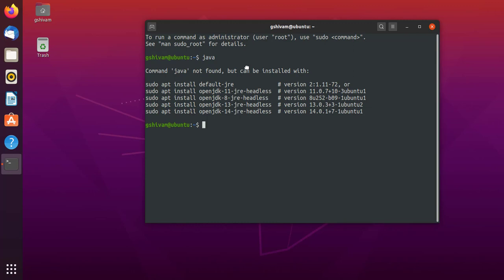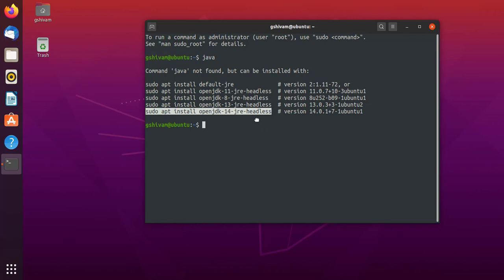Otherwise it will show you the terminal command to install the JDK. Here the java command says that Java is not found but can be installed with the below command. In these commands we are using the very latest one, that is the 14th version of the JDK.